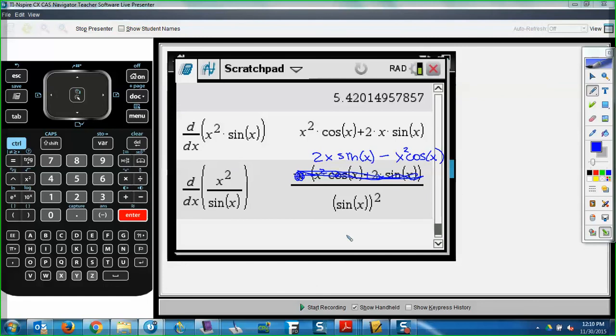Now what does it look like it did? Look at the top first. Didn't it do the same thing except a subtract instead? So it looks like it took turns. It did the derivative of the top, left the bottom alone, did a minus, and here's why the order matters here. So this is why I wanted you to do this with your product rule, because it's going to be the same order as this one. This is called the quotient rule, for obvious reasons. So the top derivative, leave the bottom alone, then a minus, leave the top alone, then derivative of the bottom, and then what goes down here? Whatever the bottom is, squared. That is